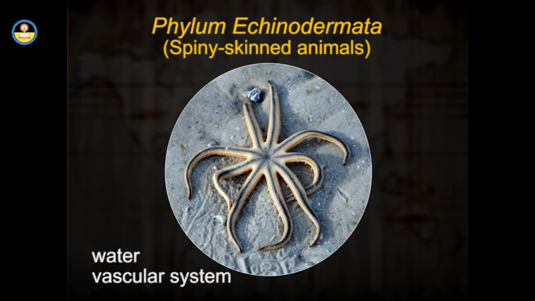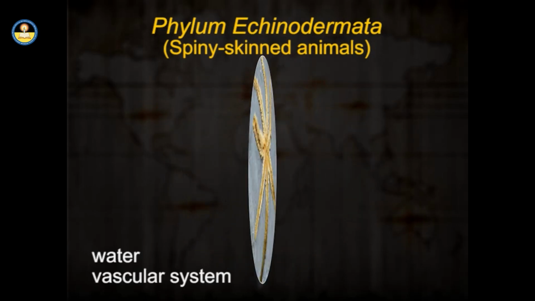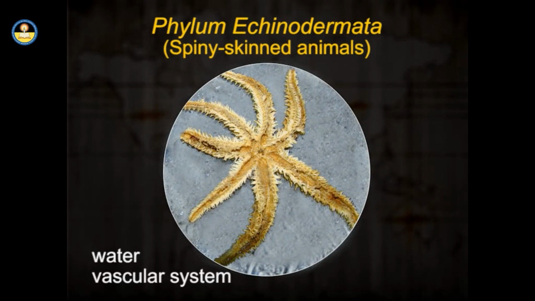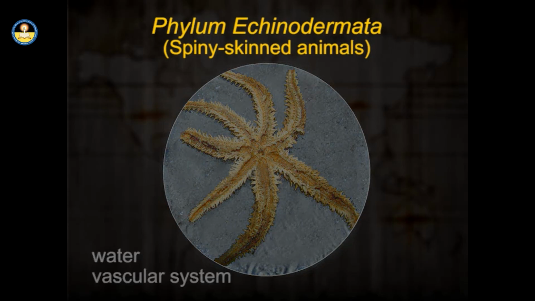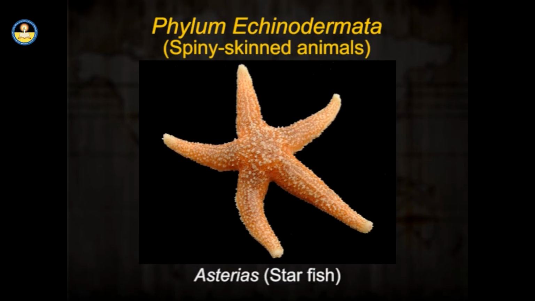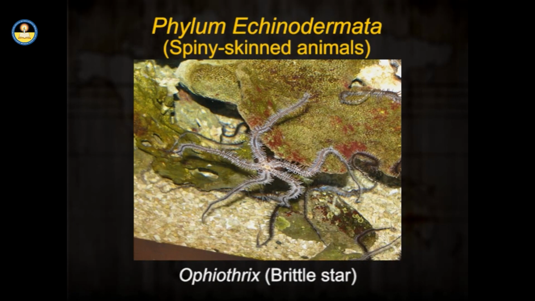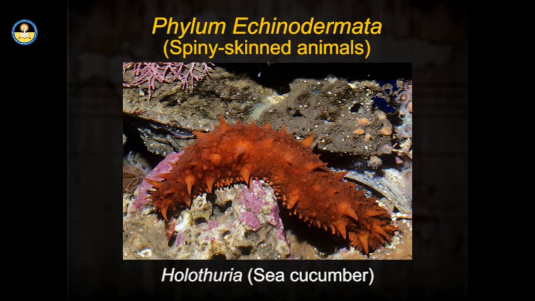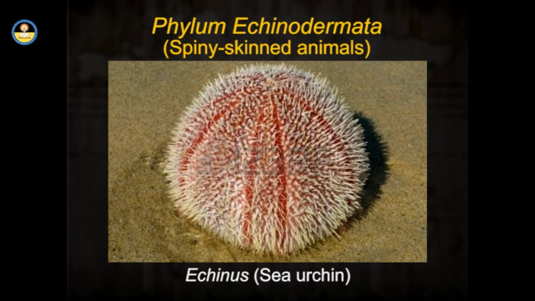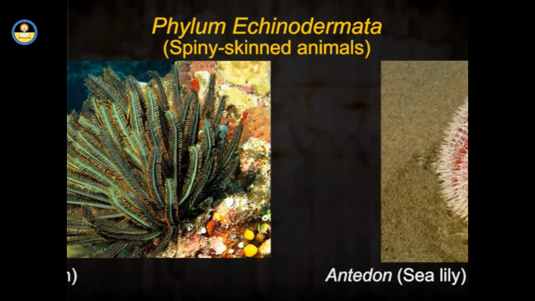Echinoderms have a water vascular system consisting of a network of radial canals which extend through each of the extensions of the animal. Examples of echinoderms are Asterias, starfish, Ophiothrix, brittle star, Holothuria, that is sea cucumber, Echinus, that is sea urchin, and